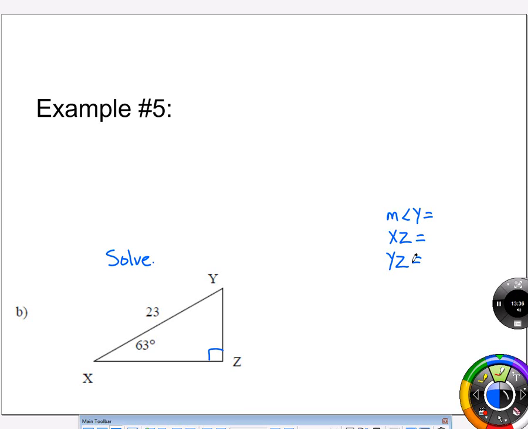All right. 23 is the one number they give us. Okay, and 23 happens to be across from the 90-degree angle. That means no matter which angle I use, 23 would be considered the hypotenuse. Right? So I can label that part of the triangle. It's not going to change. The other parts, which one's opposite and which one's adjacent, is going to depend on which angle that I choose